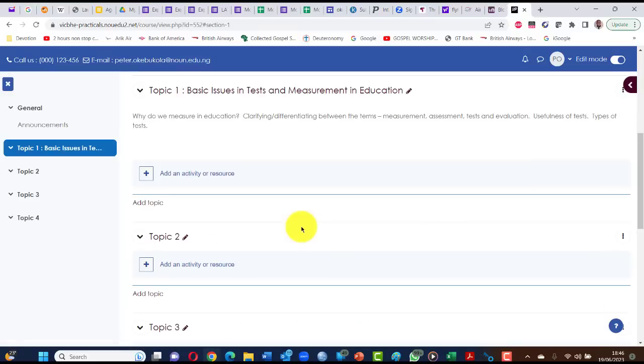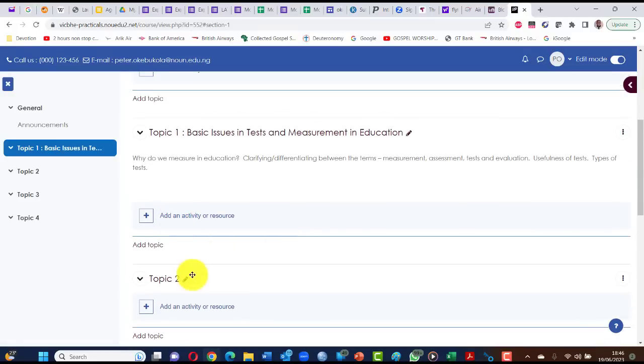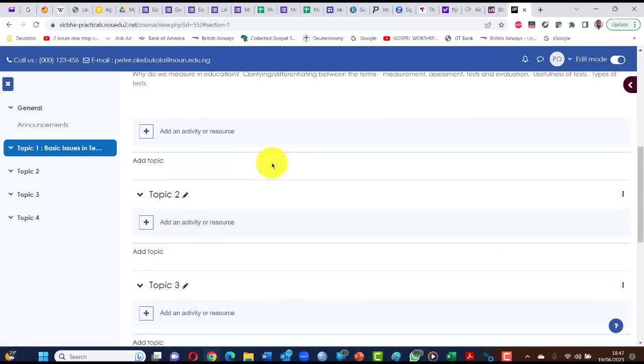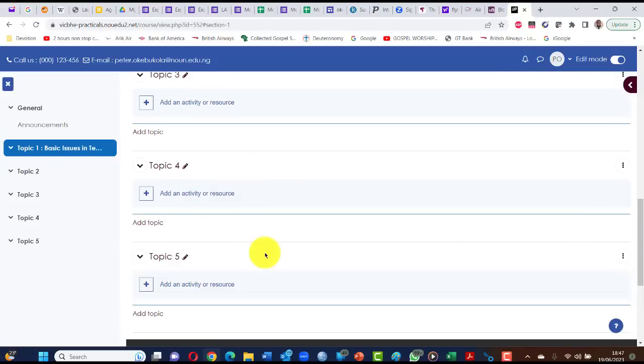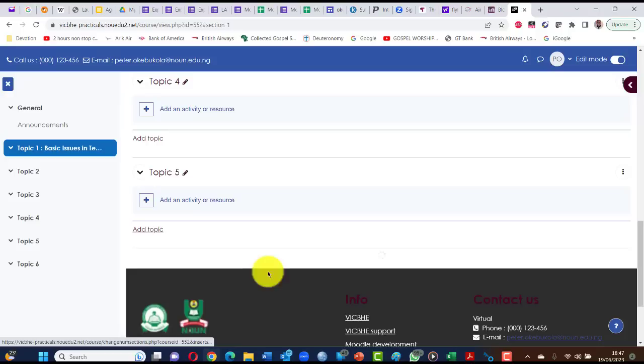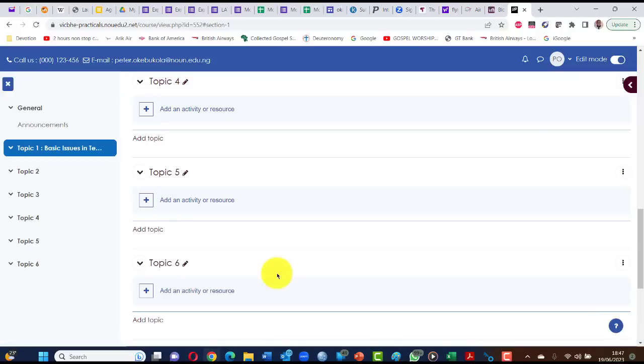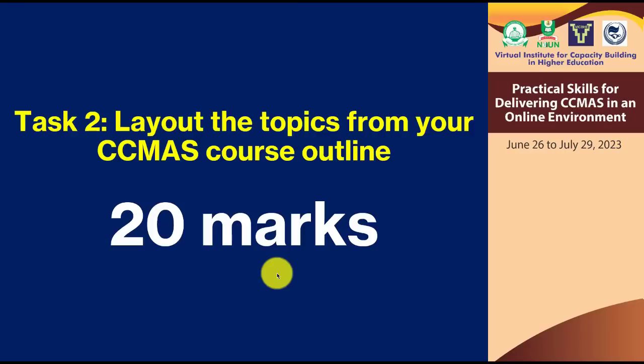Yeah. So on account of time, I may not be able to do the rest, but you can see basic issues in test and measurement in education. That's the annotation, the details of that. So we are finished with topic 4, but you have topic 5. So you just go to add topic, it gives topic 5, add topic, go to topic 6, and it goes on like that. How wonderful. These people try you. Now, have we done task 2? Yes, we have. We have laid out the topics from our CCMAS course outline, and that's taking 20 marks